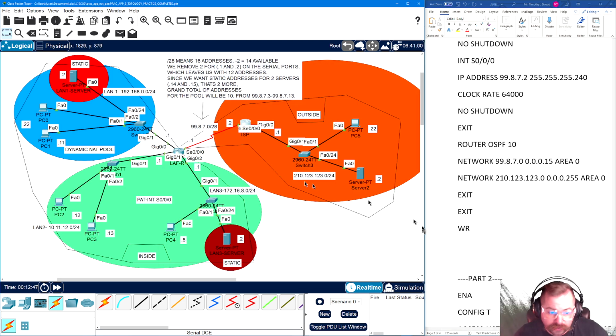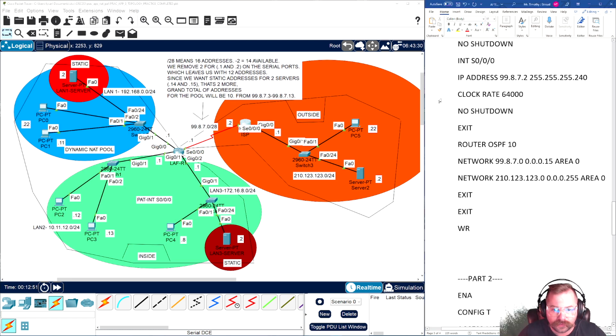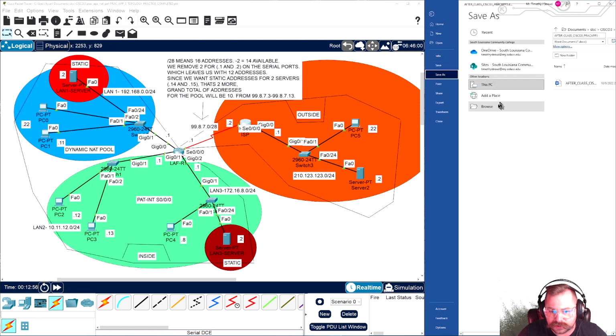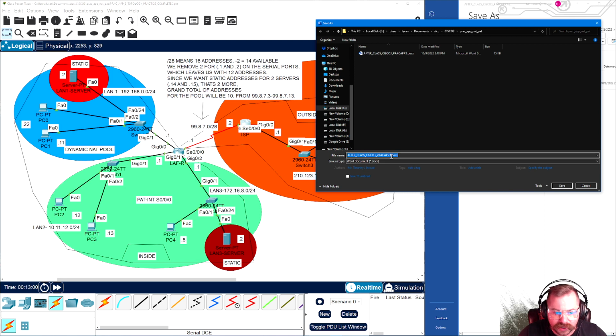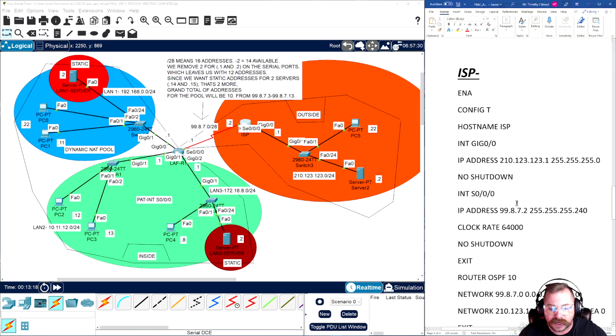Alright, so the text, I'm going to go ahead and save it as a different file name because the one that I'm using right now is going to be different. After class Pracapp, this one's going to be called Pracapp 3 Topology Practice Commands. There you go. That way you guys know. Okay, so you notice I changed a couple things,